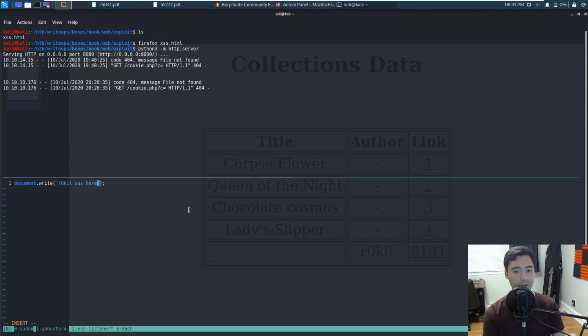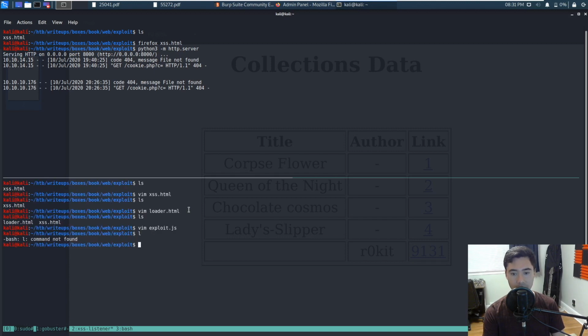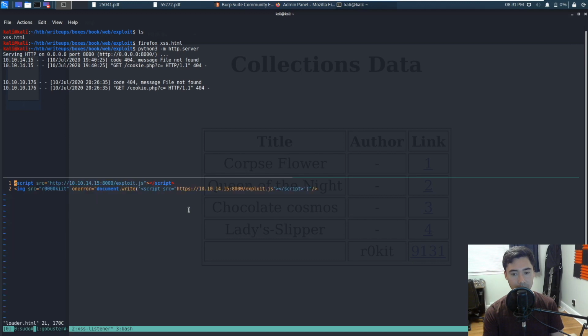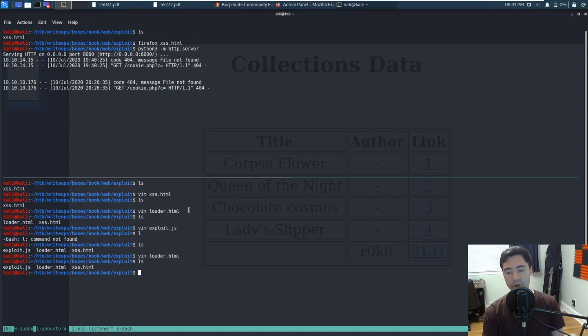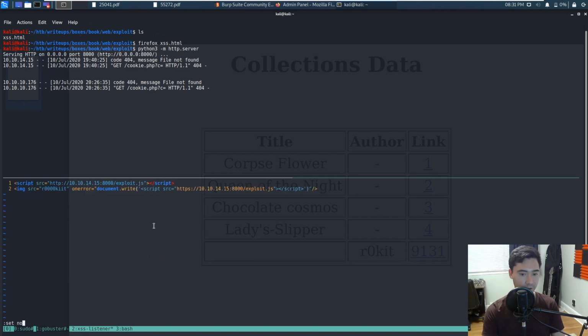Our rocket was here. Make sure the quoting isn't too weird, so loader.html, single quote should be good, I guess. So basically, let's open up the loader again. We're gonna copy this, so set no new, so we get rid of the numbers, copy all this right here,